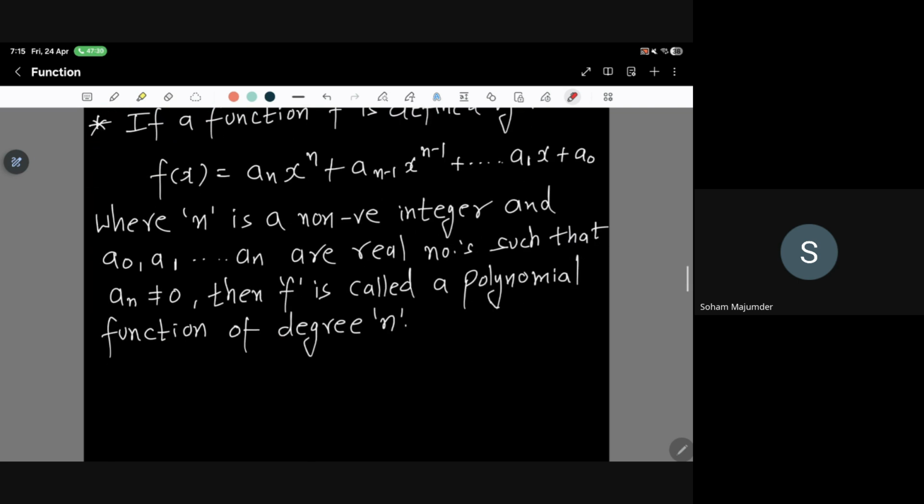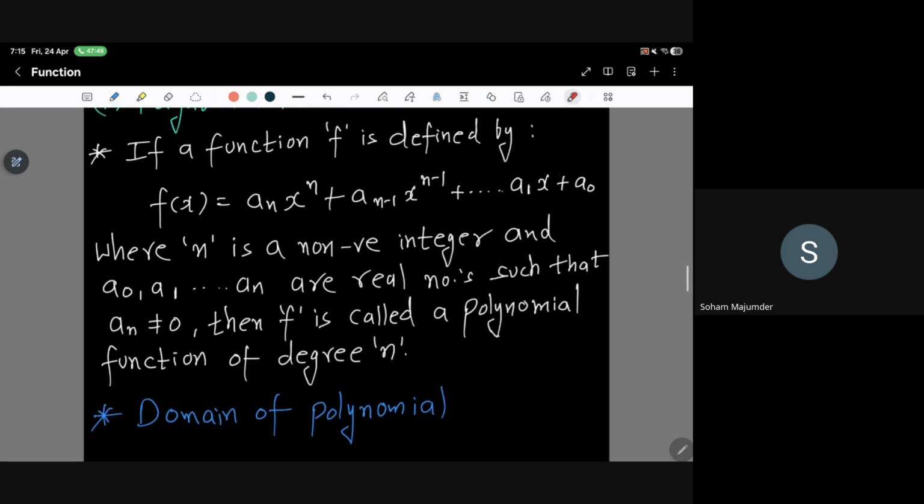Now, the domain of this polynomial. What do you think the domain of this should be? Is there any mathematical hurdle here? No, sir. So the domain of the polynomial is R,